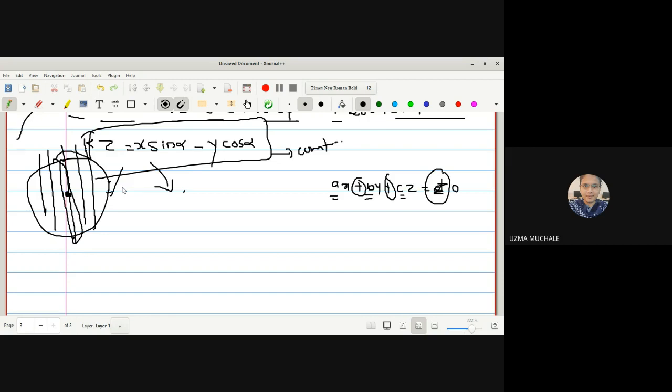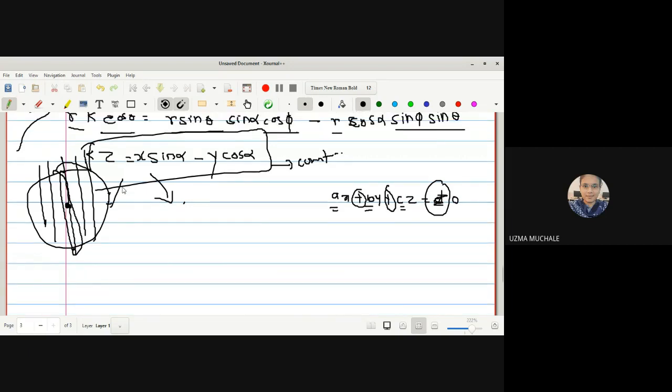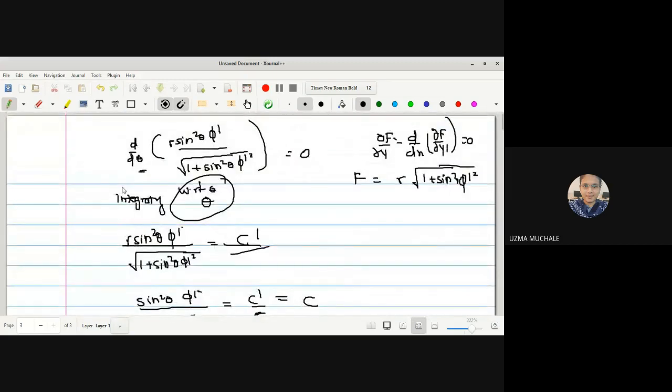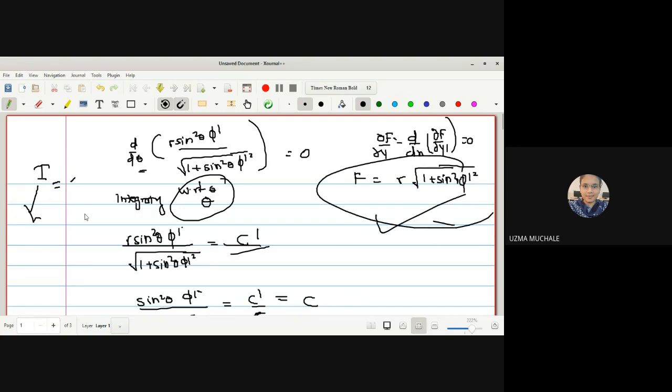Have you understood the concept? Yes, ma'am. Okay, why have we found this type of equation of a plane? Because initially, while deriving the Euler-Lagrange equation, we considered I to be an extremum. Okay, for I to be extremum, the integrand f must satisfy the Euler-Lagrange equation. So what is the meaning of extremum? Either minimum or maximum. So that's why we got the equation of a plane passing through the center, and that is only possible for your sphere.